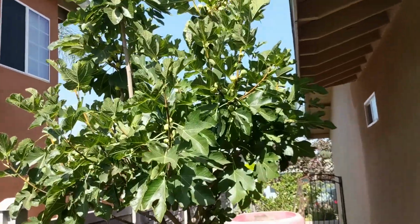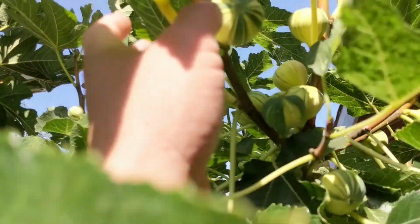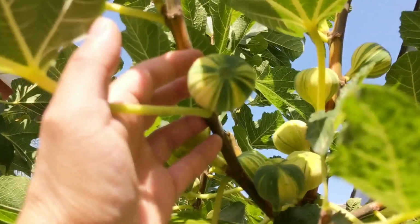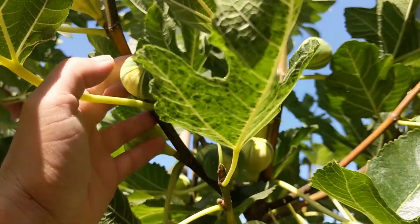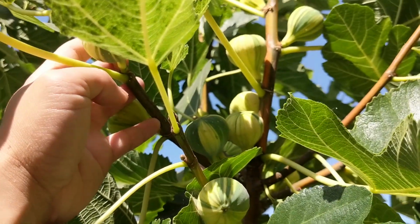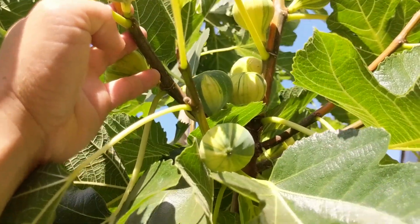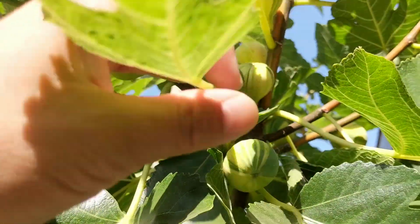This is a variety that needs a lot of heat to ripen, so we have a lot of fruit and they're just waiting for the heat to ripen them. There is one that is starting to show signs of ripening, but it's not going to yet because we're not that warm. It produces a lot of these cool variegated figs, and it's one of the more popular figs because